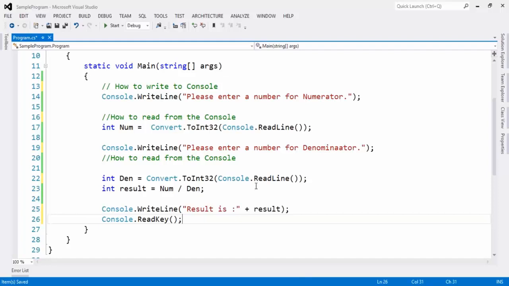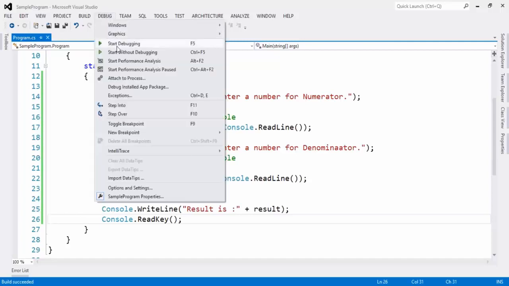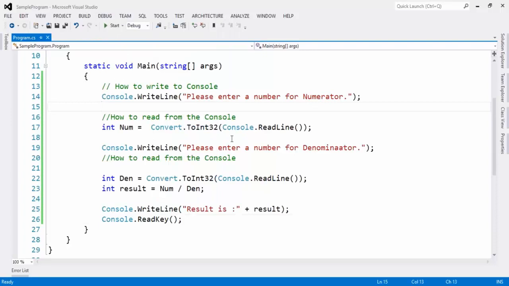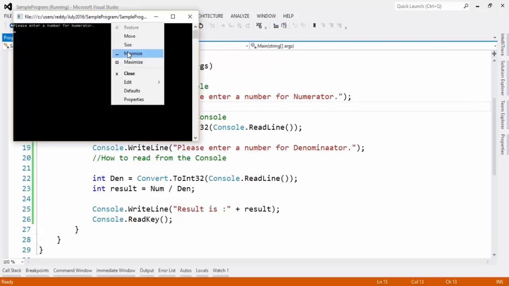Now how to run this program? There are two things for all programs in Visual Studio. One is compilation, the other one is execution. Compilation is done like this, with Build Solution. This is called compilation. Then for execution, you can click on this start button, or else go to Debug and click this one. This can be done from your keyboard also: please press function key F5. If I use the keyboard you cannot see it, so most of the time I will be using the options which are on the screen. So I am clicking on start. Let me increase the font size.